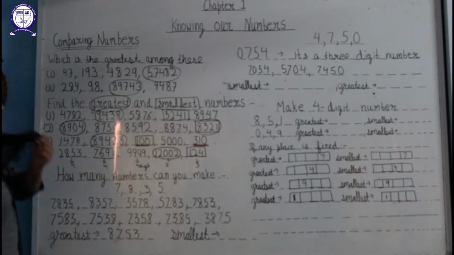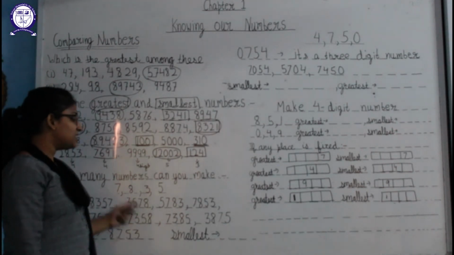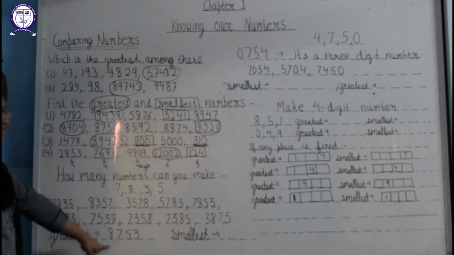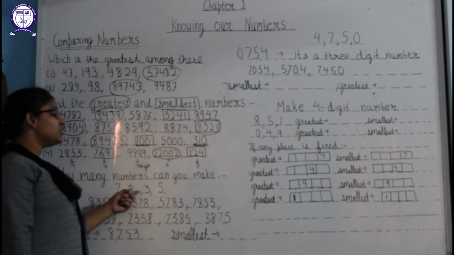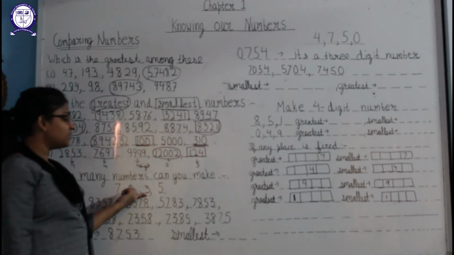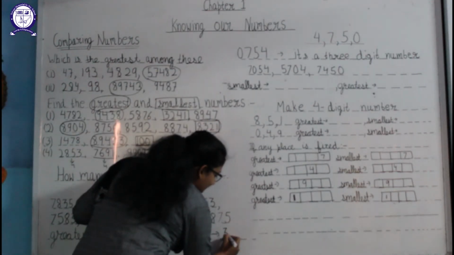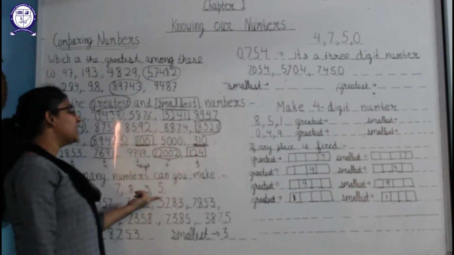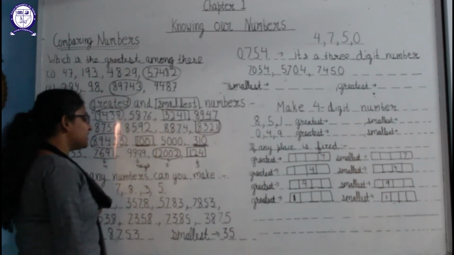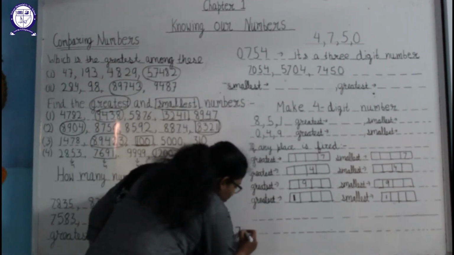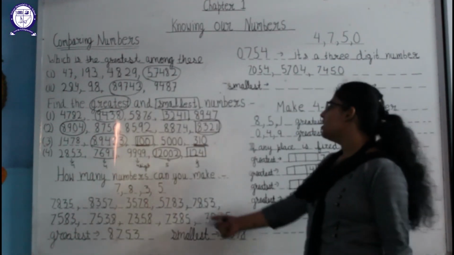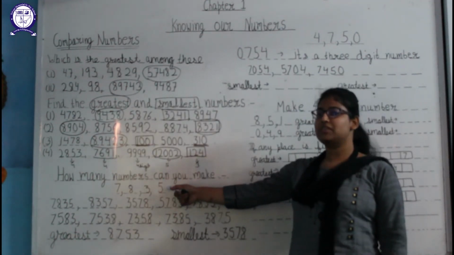Now we will talk about the smallest number we can make from these digits. Similarly, just as we used the greatest one from the start, in this we will use the smaller one from the start. So we can say that 3 is the smallest one, so we will write 3 at the first place. Then 5 is greater than 3, so we will use 5. Then 7. Then 8. So we can easily say that 3, 5, 7, 8 is the smallest number by using these given digits.